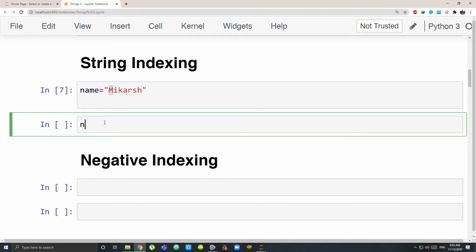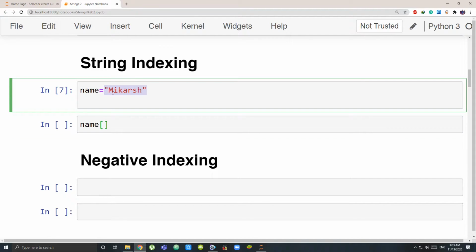I have to write my variable name, then a square bracket, and inside the square bracket I write the position of that initial. Now that you know, in Python the first element is given the position 0, second element 1, third element 2, and so on.